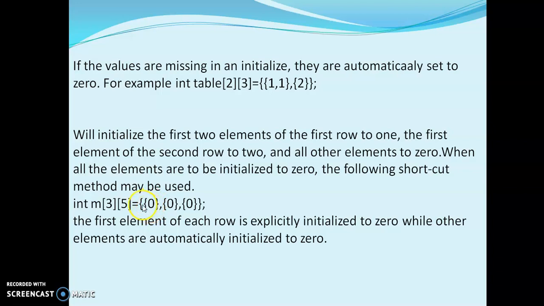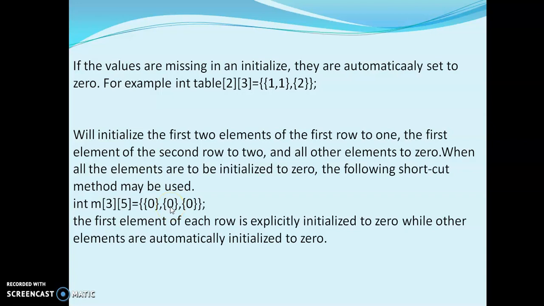The first bracket indicates the first row, second row and third row. Just by writing 0, the first row is automatically assigned 0, the second row with 0, and the third row also with zeros. In this way we can initialize all the rows to 0 just by giving a single 0 in these braces.